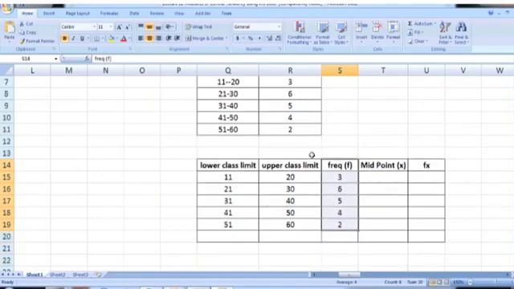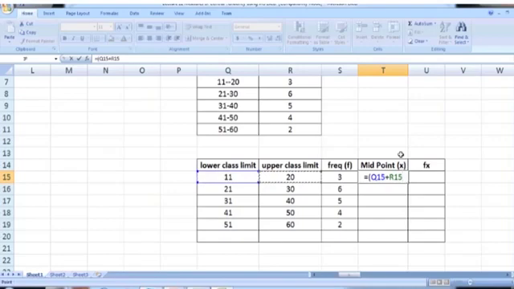Once we have this data set, we can calculate the midpoint x. We know that it is the sum of the lower class limit and the upper class limit divided by 2. So the lower class limit of the first class is located in Q15, and the upper class limit of the first class is in R15.